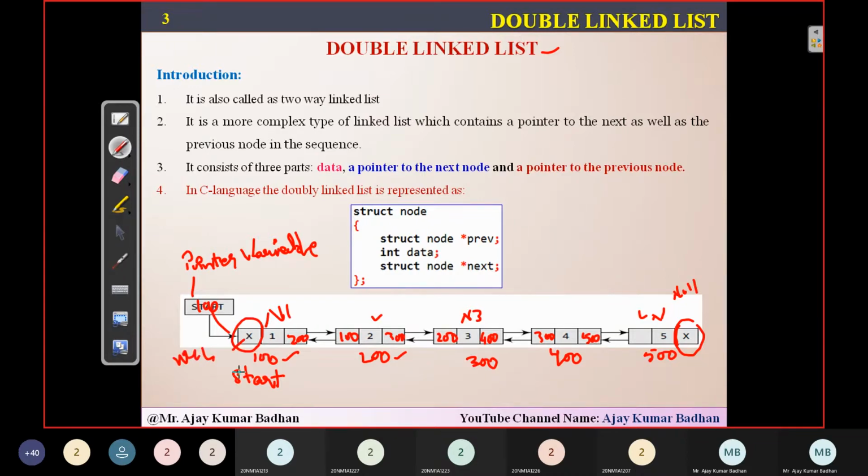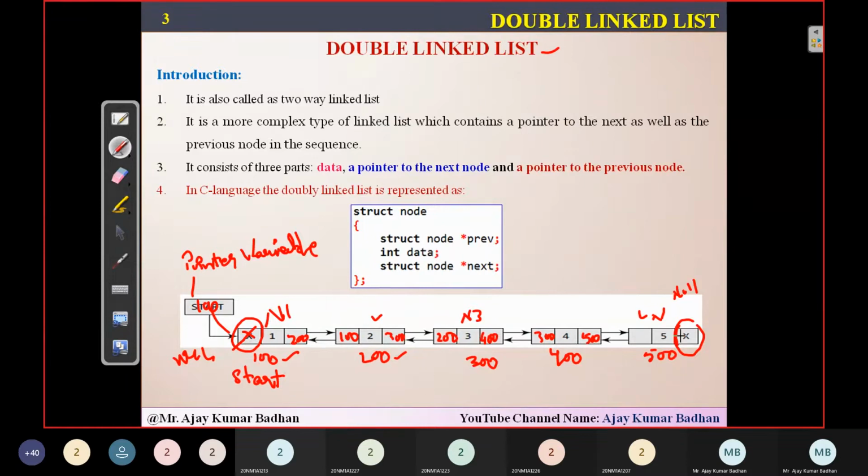Okay, so you people can understand there are two different nulls we are having here. One null is in the first node, another null value in the last node. In the last node, the next block should consist of null, whereas in the first node, the previous block should consist of null, because there are no other nodes existing before this. This is the first node. So since this is the first node, definitely there will be no previous address, so we are representing it with null here. This is the only thing you people have to keep in mind.